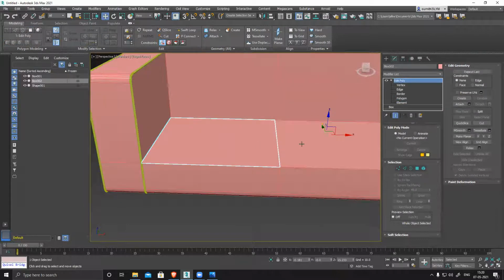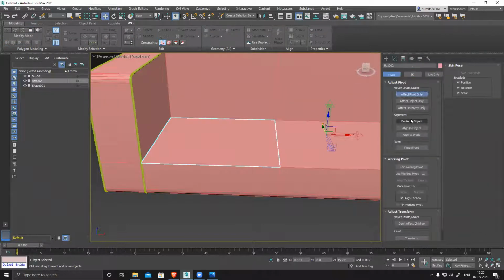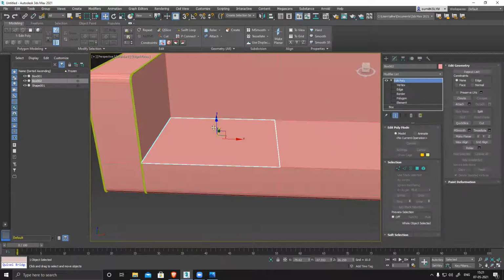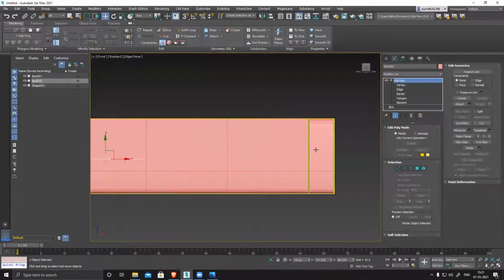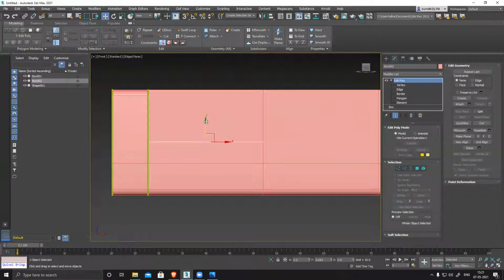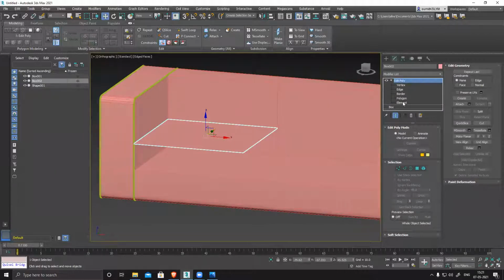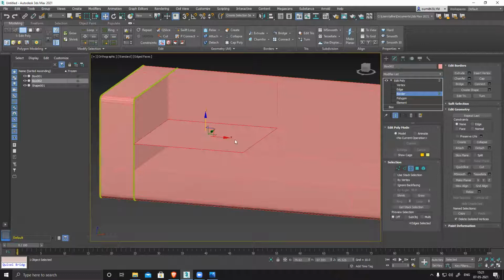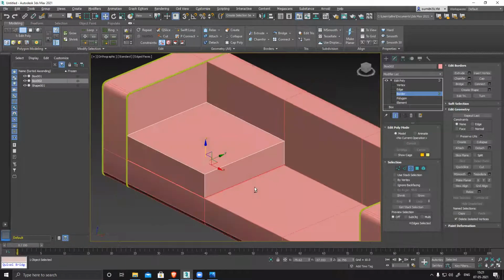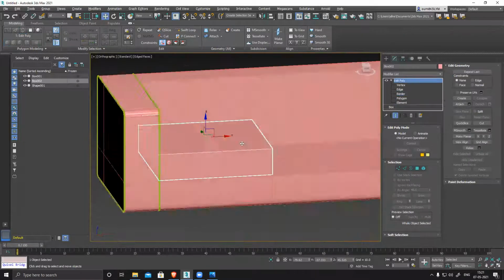So now you have the exact size of this cushion. Centralize the pivot point. Move it up. Go to front view and check the scale, like distance, this thickness. It's almost 50, near about 50%, like 40, 50%. Now I have the border. Select the border, make it thick and cap it. Now it's a perfect rectangular solid box. There is nothing, it's a solid box.